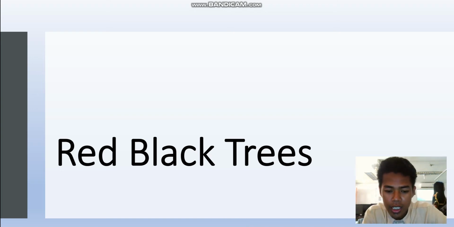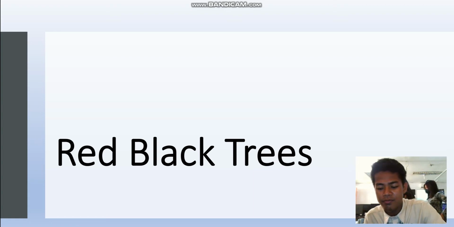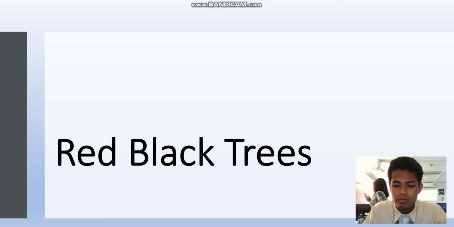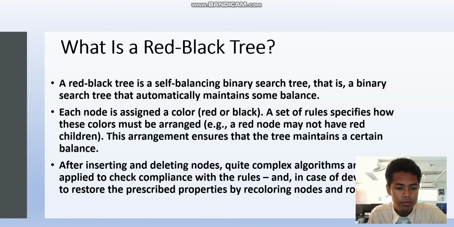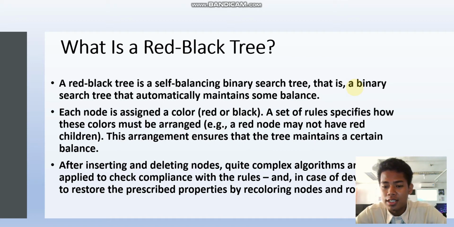For today's video, we're gonna talk about red black trees. A red black tree is a self-balancing binary search tree. That is, a binary search tree that automatically maintains